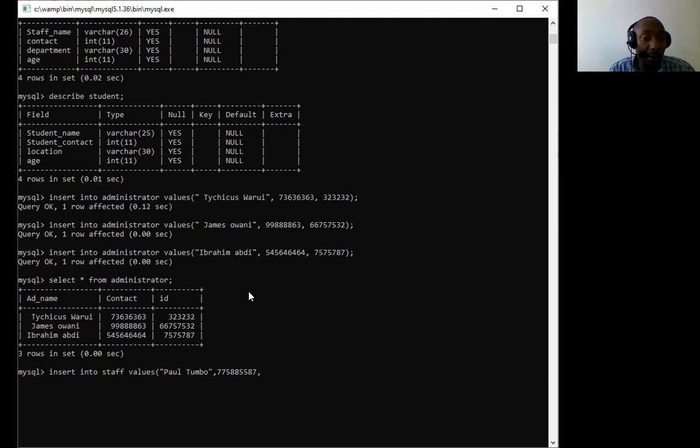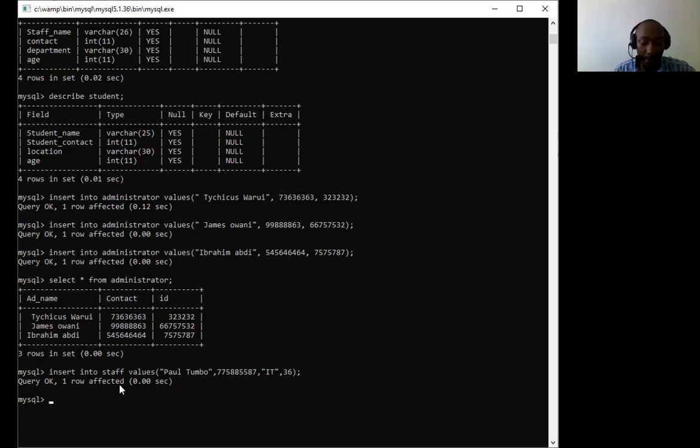The other thing that you're supposed to insert is the department, and I will give it maybe IT. Then again we double quote that. Then we put a comma because it was a varchar. Then the age, I can give Paul the age of 36 years. He is very old. Then we put a bracket there. Then we put a semicolon. We press enter. You will notice that one